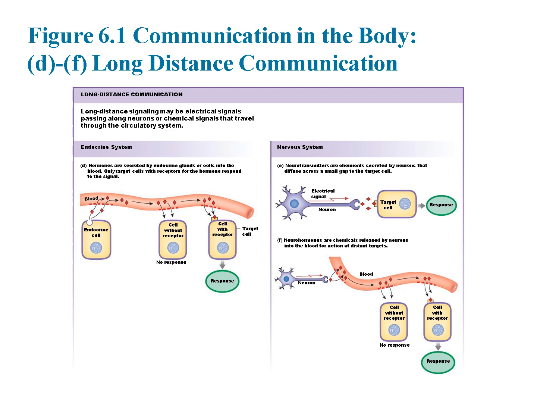In the middle, we see the role of neurotransmitters in the nervous system. Here, an electrical signal travels down the neuron, and upon reaching the synapse, triggers the release of neurotransmitters. These chemicals diffuse across the small gap to the target cell, binding to receptors and generating a specific response, such as muscle contraction or glandular secretion.